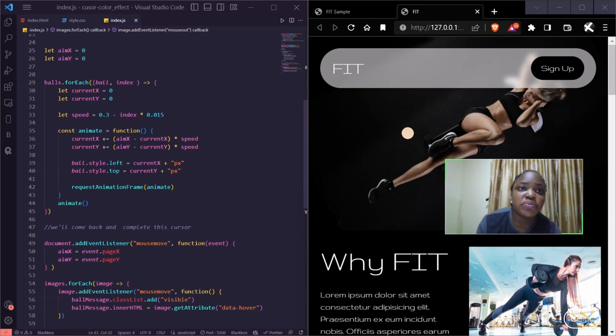So we'll set current x equals x and current y equals 0. Now we set the speed equals 0.3 minus index times 0.05. Then we created a constant for the animation: const animate equals a function, and current x plus x minus current x times the speed, and current y plus y minus current y times the speed. Then the ball